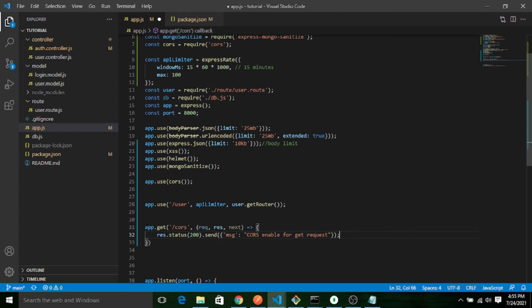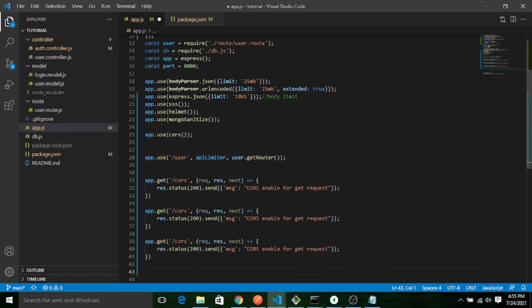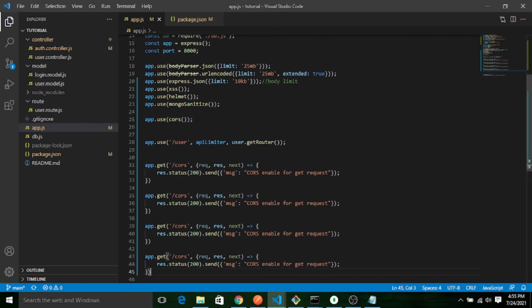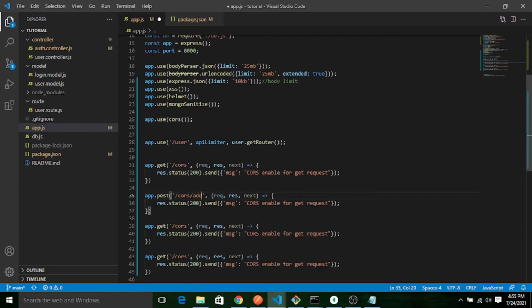So let me copy the same and create three more routes for the three other REST methods. So here I will make it post. Let's say this is add. Let me check again. Add. So this is update, then delete. Update. Accordingly, I will change the method to put.